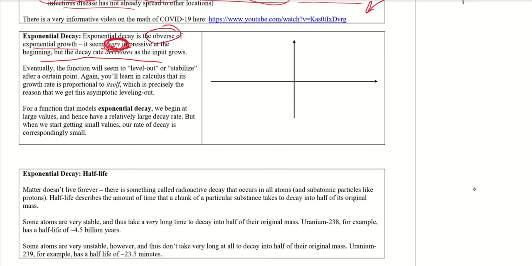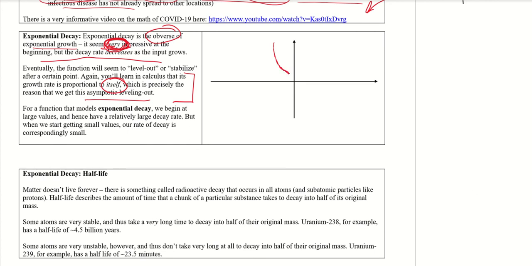Again, you'll learn in calculus it's because the growth rate is proportional to itself. The growth rate of exponential decay is also proportional to itself, which is precisely the reason we get this asymptotic leveling out. So for a function that models exponential decay, we begin at large values, right? We begin at large values, and we decrease really, really fast, right? So let's actually start at a different point here. So we begin at large values, but we decrease really, really fast, and then as the output values decrease, the